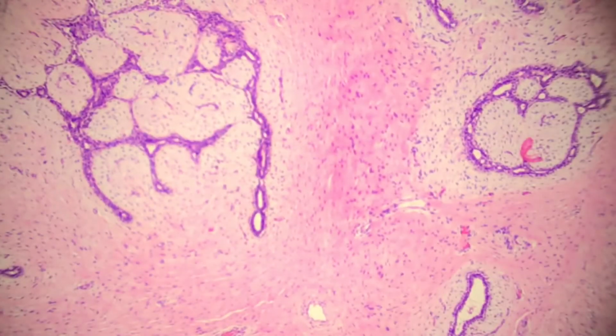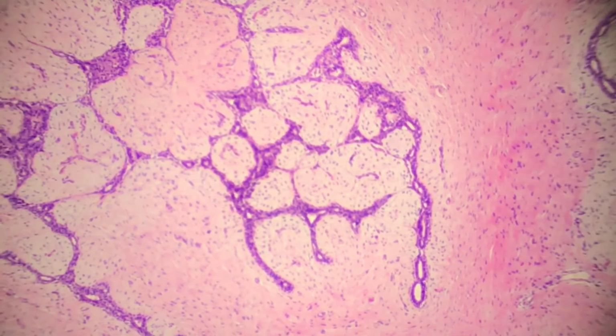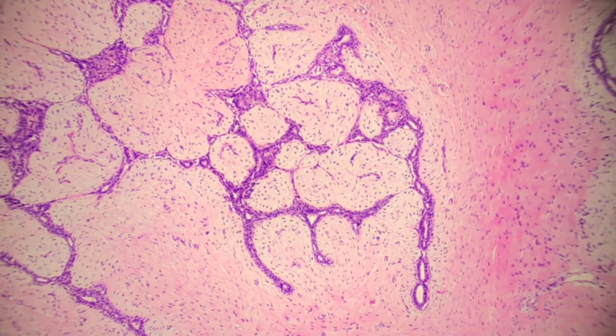I'm going to show you some of the other areas. So things like this. What you might notice is that the stroma here looks a little paler. So this is more of that myxoid type change, and this brings into question our different patterns. So on